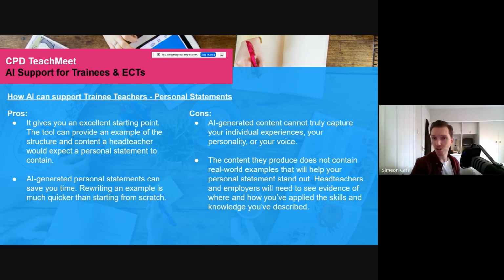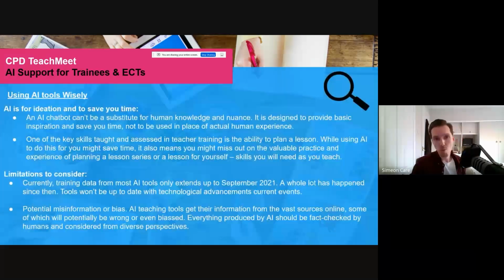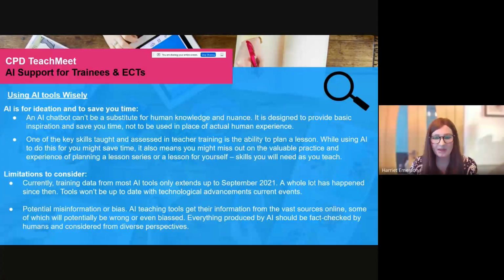If everyone's using AI statements, head teachers are going to have a pool of mostly the same kind of thing. Simeon, I just wanted to add on there when you were saying about it not really reflecting the trainee's personal voice. I think that's really important, because obviously if you did receive an invitation to go for an interview, and then during the interview you sounded very different, the interviewer, the employer, might be quite surprised at the difference, and they might even ask you about it.